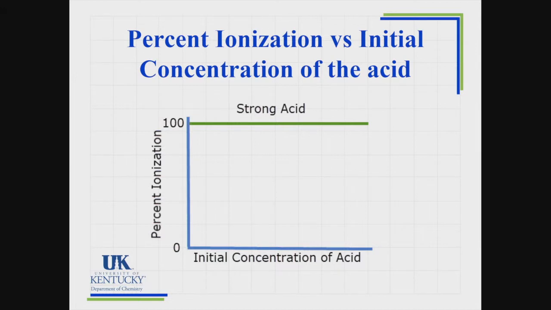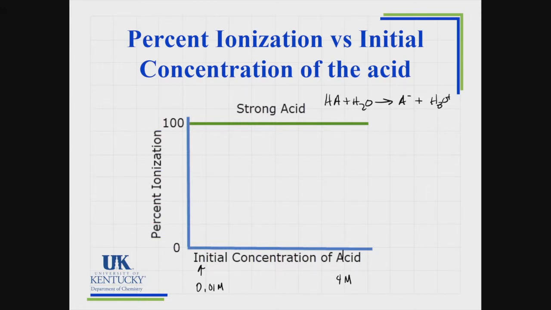The green line is a strong acid. So whether you had just a little bit, and let's say we had 0.01 molar of that acid, it would 100% ionize. Every bit of the acid we put in there, if it's strong, 100% will go to form the ionized form, and so we say that it is 100% ionized when it's a strong acid. If I had a 4 molar solution, a 4 molar solution is still 100% ionized. That's the definition of strong acid.